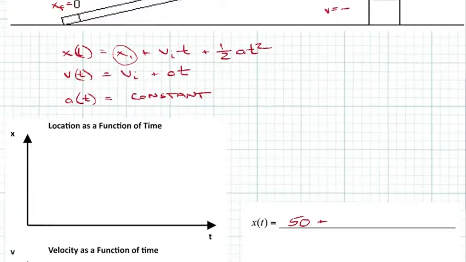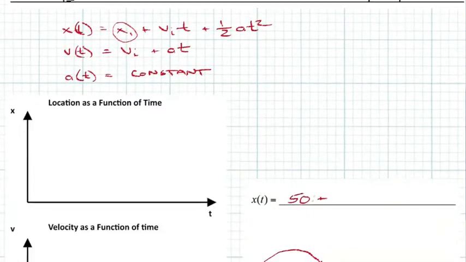Plus, what's the initial velocity? Well, it's 0. Okay, so plus 0 times time, which is really just 0, plus 1/2 at squared. But oh, wait a minute, we forgot that the acceleration is negative, isn't it? Oh, goodness. I'm just going to back up there. We have a negative acceleration, so I'm going to put minus 1/2 times the absolute value of a times t squared. Again, that means the exact same thing, but we're reminded that the acceleration is negative, and therefore